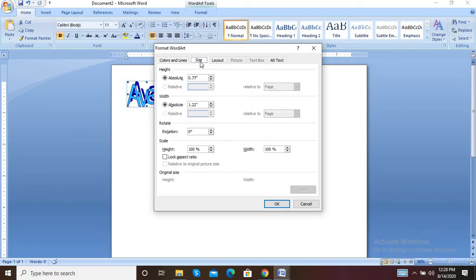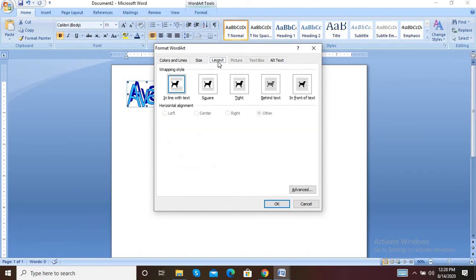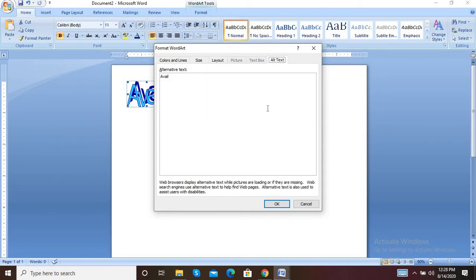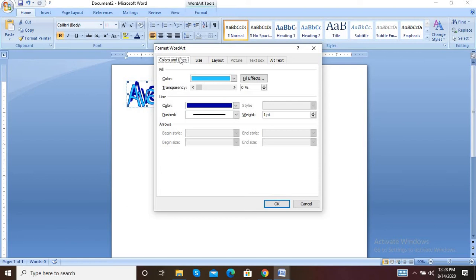Okay, you can give different types of size also, height and width. You can change the layout also, and you can give the alt text, meaning alternative text. For example, for the avail text, if you don't want this text, you can delete that text and give another text also. Okay, so this is the first thing. Click on OK.